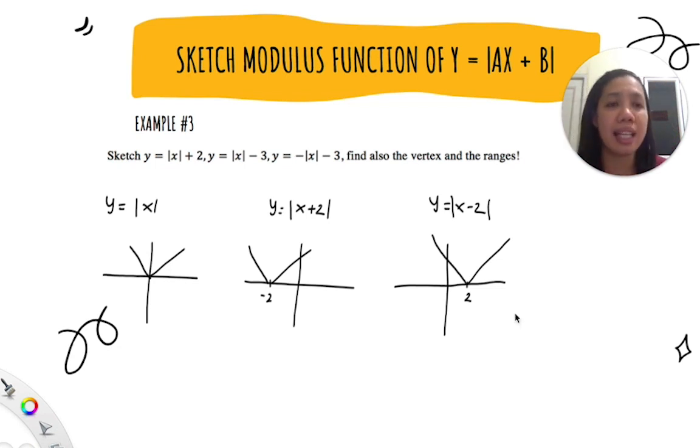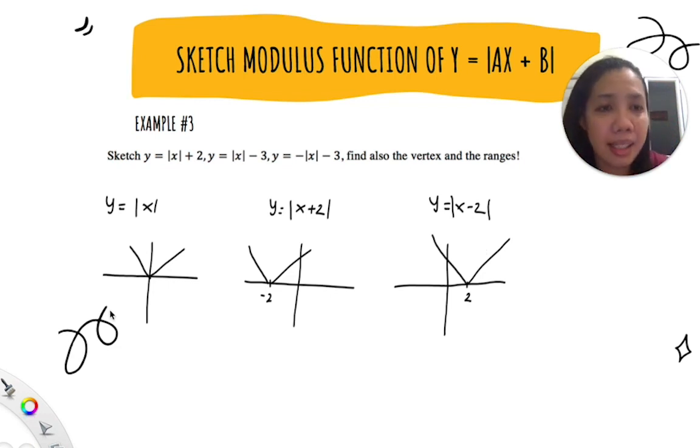It is actually simply because we subtract and add to the x coordinate, or the x value, of this function. So the change will be also on the x-axis. The shifting will be on the x-axis, whether it shifts to the left or to the right. If we add something here, then the shifting will be to the left, and if we subtract something here, then the shifting will be to the right.